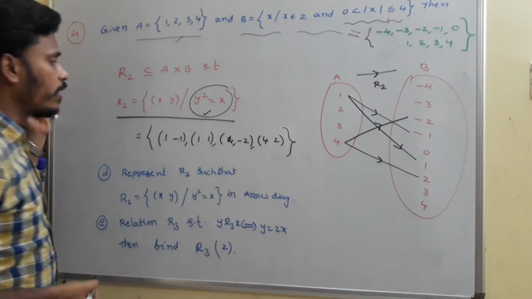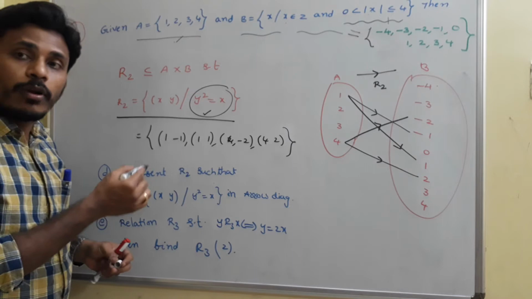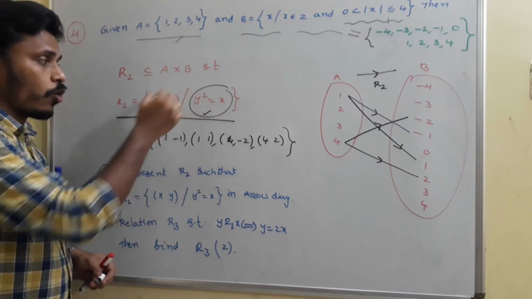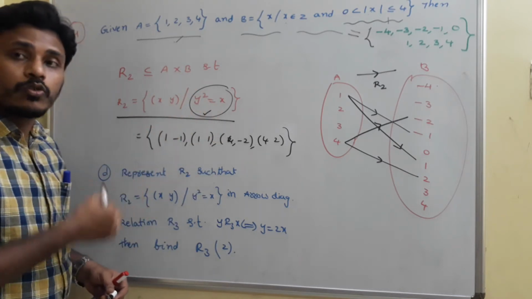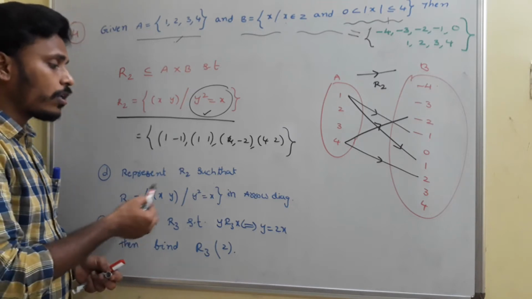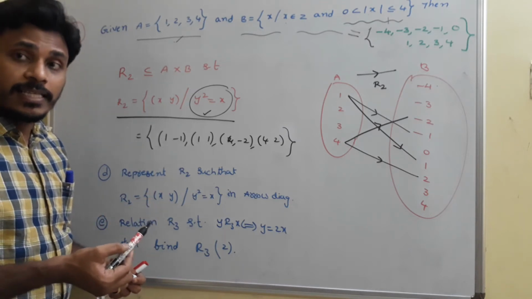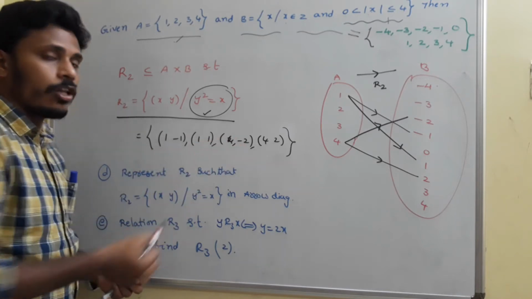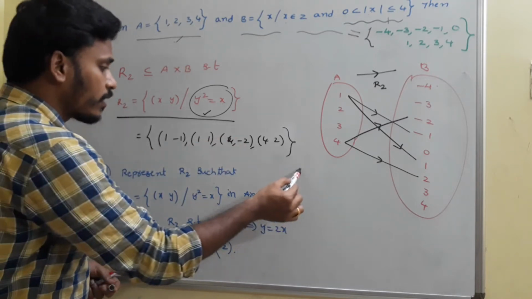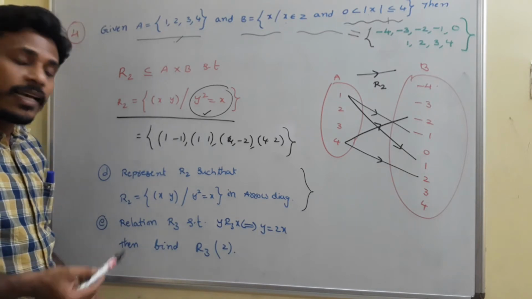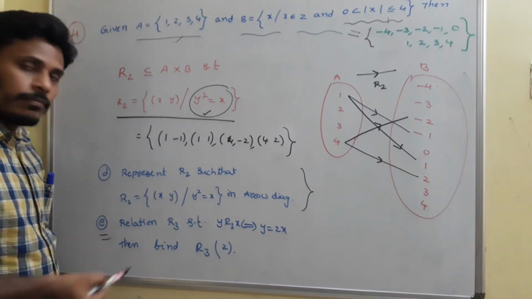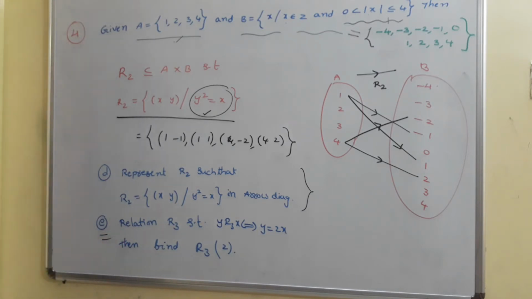These are the 4 elements in the relation R2, and these 4 elements clearly satisfy this particular rule that y square is equals to x. So actually the question is just asking us to represent in arrow diagrammatic form, but as an analysis I represent also in list form. Okay, that's set bit D. And at the end we need to think about E. Just look at the problem bit E once again.